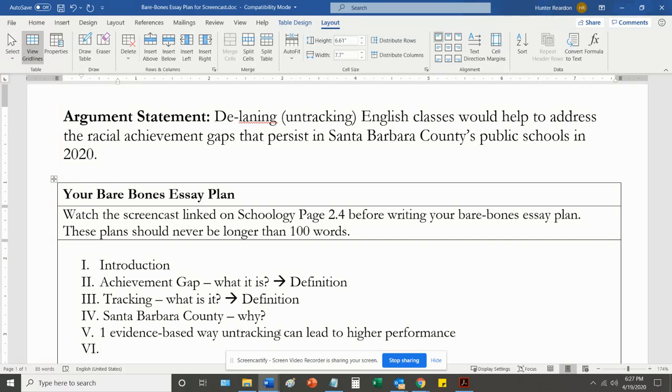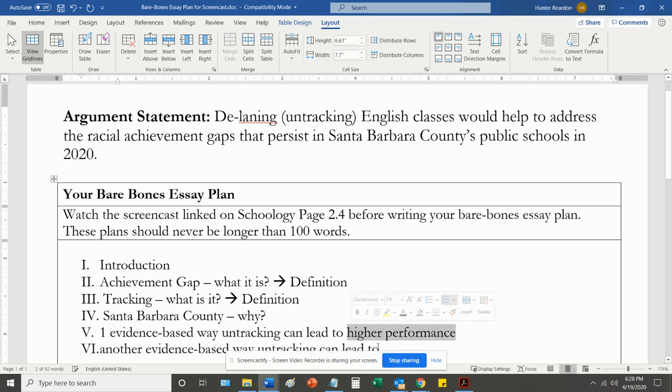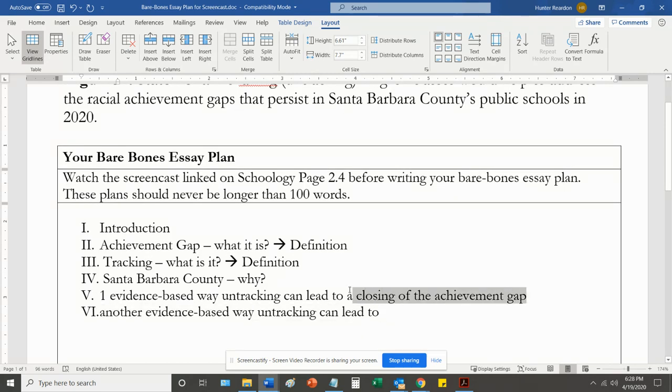And then maybe another way. Or no, I'm not going to say higher performance. I'm actually going to change this. It can lead to a closing of the achievement gap. Some people say opportunity gap now instead of achievement gap, and that's fine. I'm going to add another piece here, though. And then